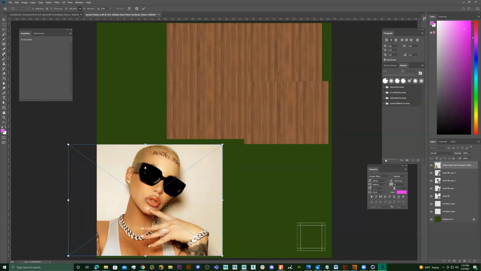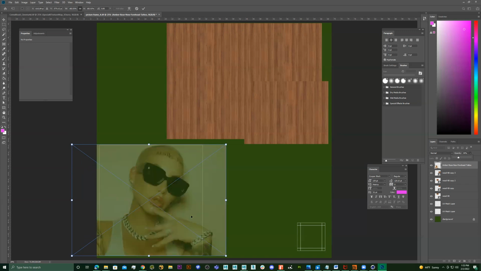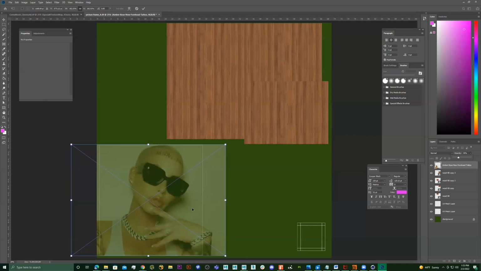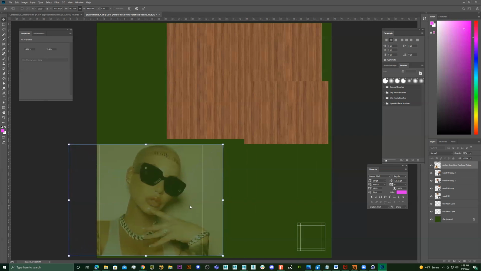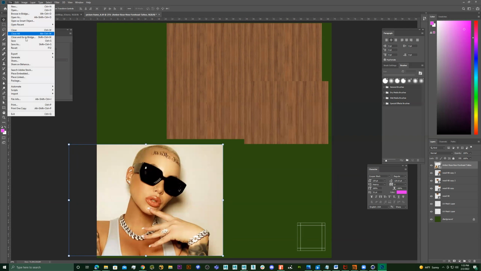Remember, you want to stretch over the UV. And if right now I have trouble seeing it, I can go to opacity and just turn it down just so I can see the UV in the background. And now I'm pressing the arrow keys on my keyboard. So let's say I want to get right here, right? I'll double click and then I'll go to this. Cool. Now I'll go to file, save as,